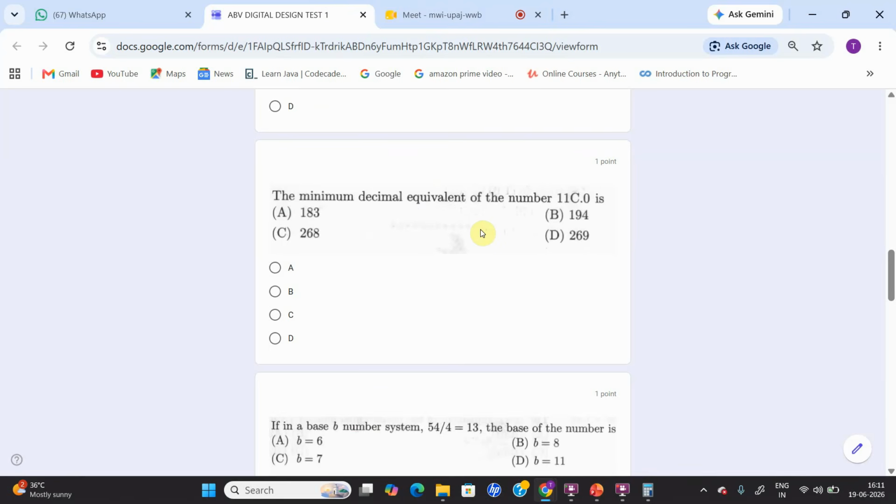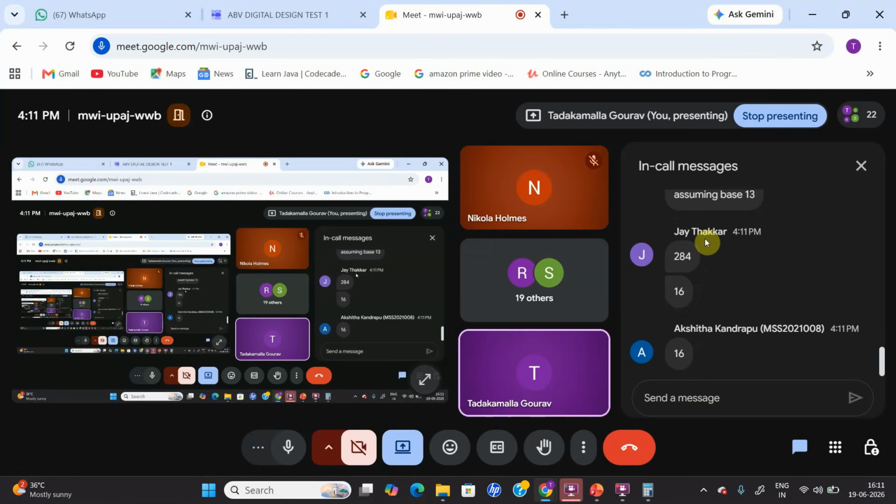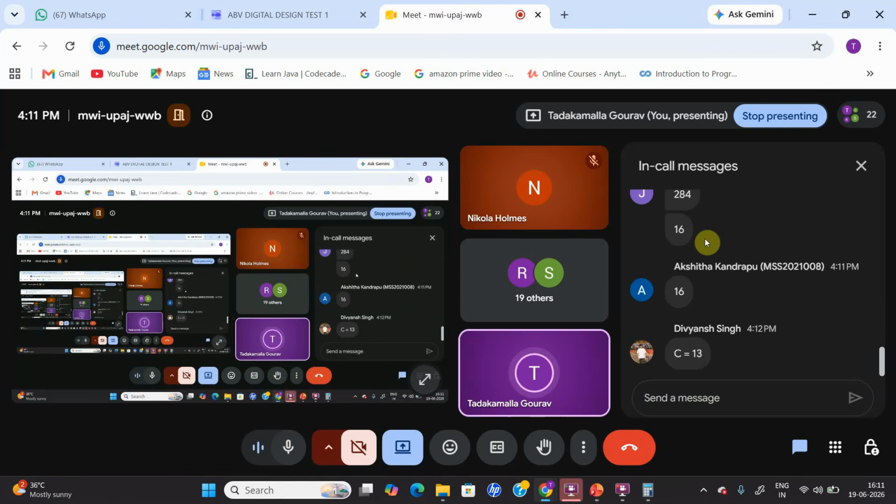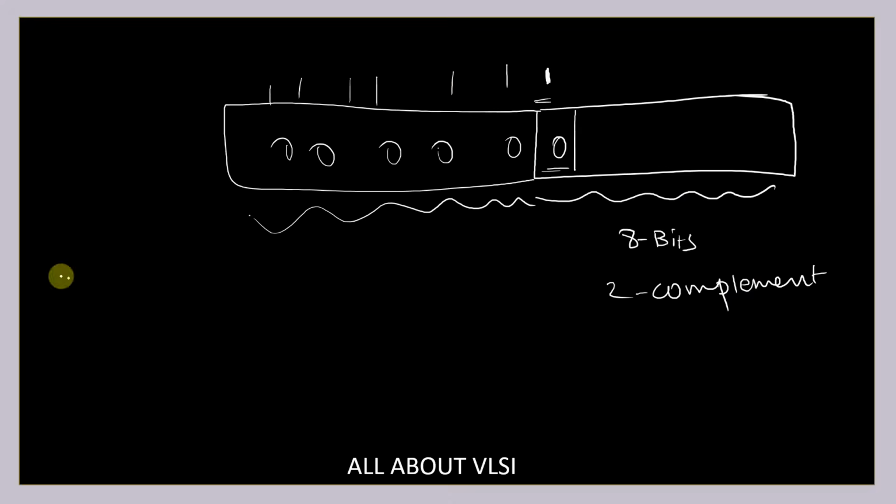So the question over here is the minimum decimal equivalent. If we want to get the minimum decimal equivalent, we can also consider the minimal base. So what is the minimum base we can consider over here for this particular number? Exactly. We can consider the minimum base to be 13, because if we consider the minimum base to be